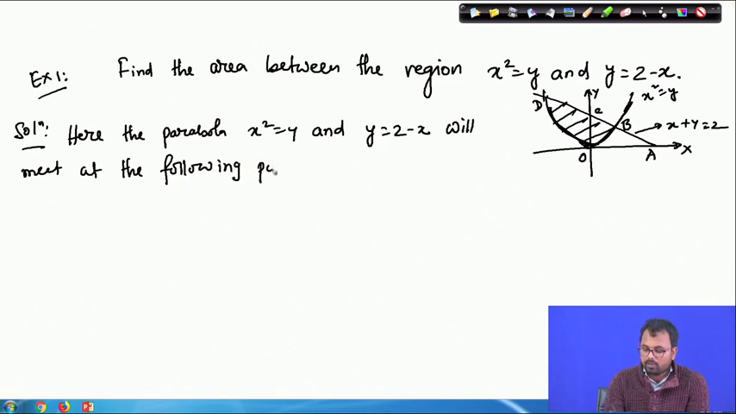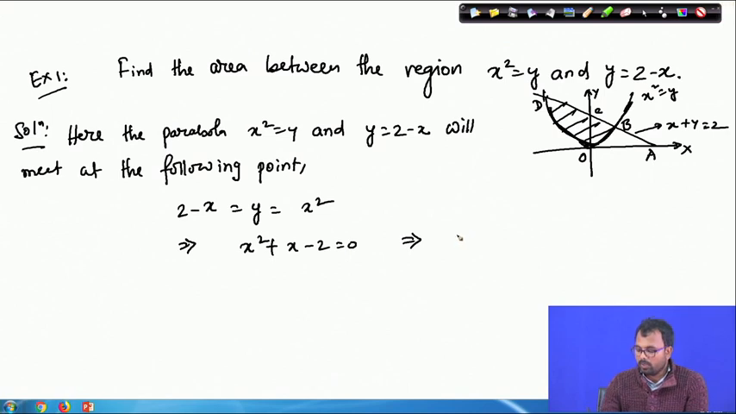So how do we calculate? We just substitute y equals x square in this equation, so it will be 2 minus x equals y equals x square, and therefore this will become x square plus x minus 2. So the roots of this equation will be x equals, we can factor it, and then it will be x equals 1, and another root will be